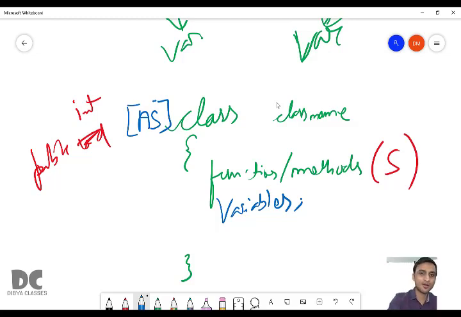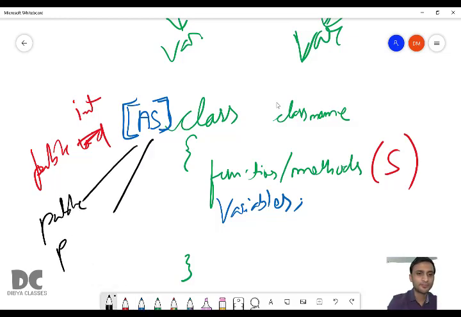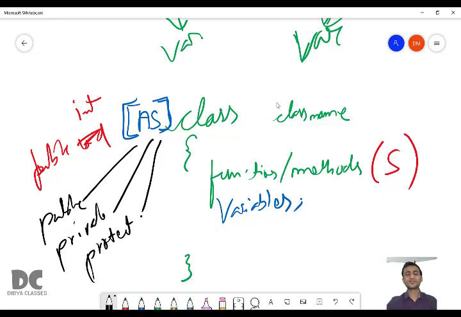And a class can also be preceded by an access specifier. What is an access specifier? We studied it in the function chapter. There are three types of access specifier: public, private, and protected. Similarly, as functions have access specifiers, a class also has an access specifier, and remember, it is optional. Have you ever seen us write public class or private class or protected class? No, because it is optional to write. And now also we are not going to write public, private, protected before class.